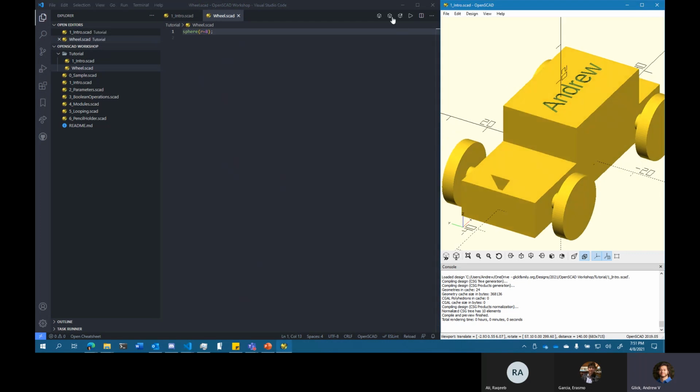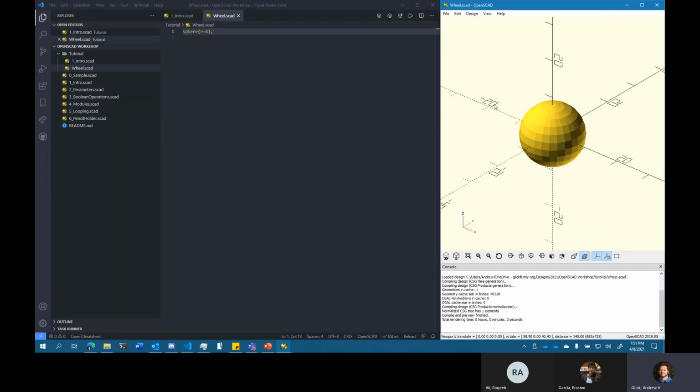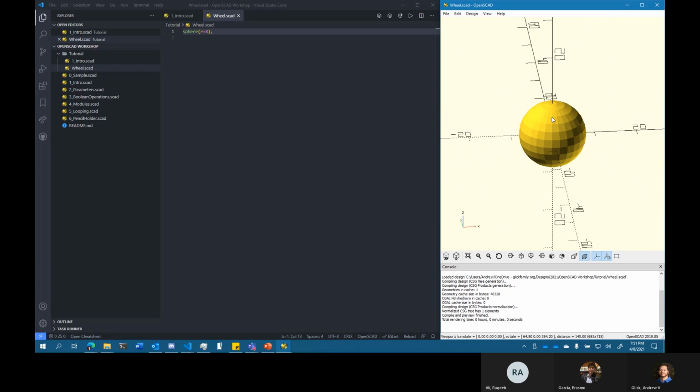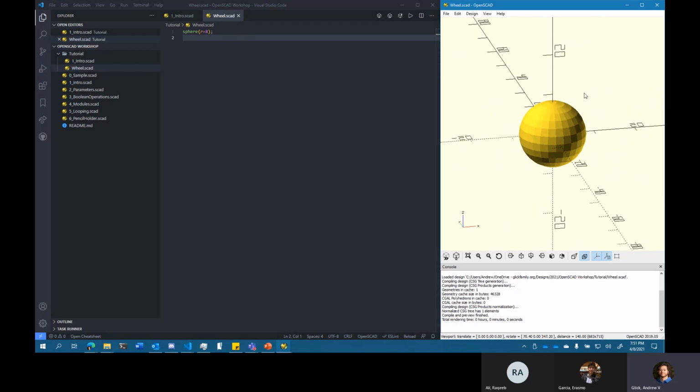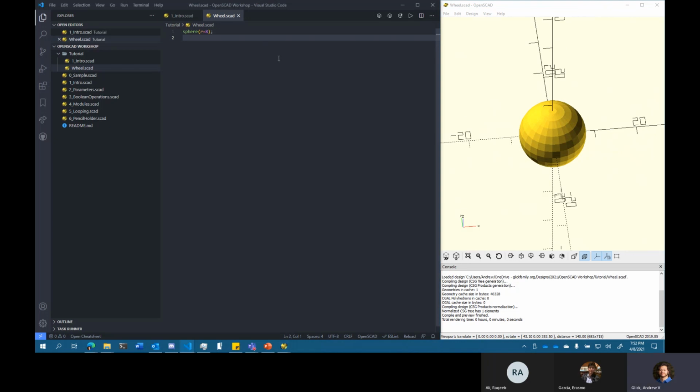If I save this, of course it's not going to preview because we are not previewing that. So I'll open up a new preview here. So yeah, we could use the sphere, although probably it'll be a little weird to have spherical wheels. So what we could do is cut out some spheres on either side of it, and then we'll be left with a slice down the middle. The way we would do that, as I just mentioned, is with a difference of the sphere, and then also we'll need to translate over,